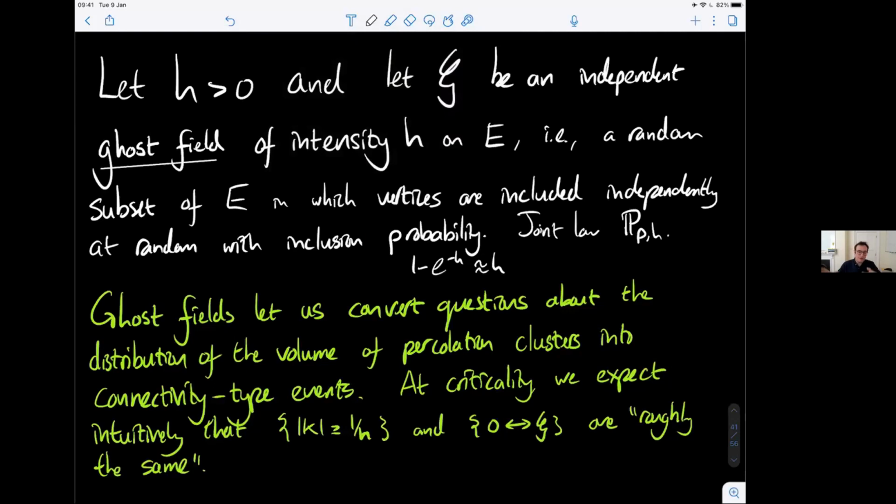We call the joint law of the percolation configuration and the ghost field P_{p,h}. I should say that ghost fields are usually done on the vertices, but it turns out to be convenient for various reasons to do it on the edges in this proof. The point is, ghost fields let us convert questions about the distribution of the volume, and that turns out to be a really useful trick that comes up a lot in many arguments in percolation. It was first used, as far as I know, in